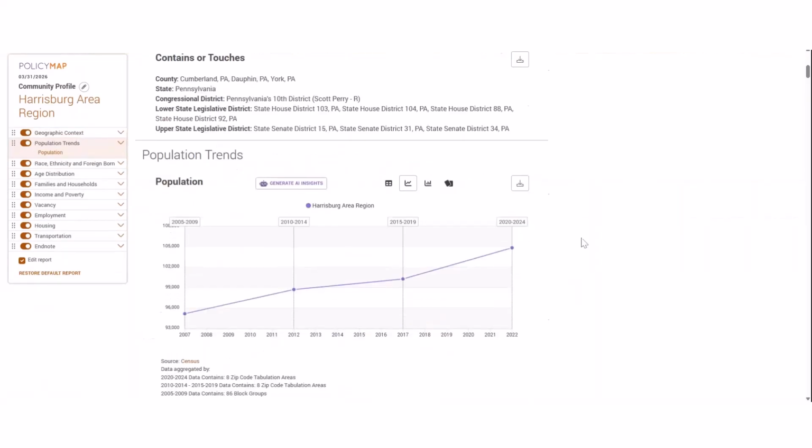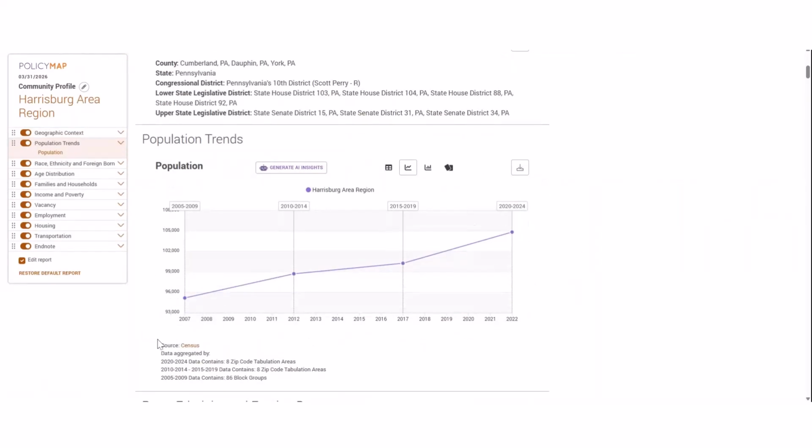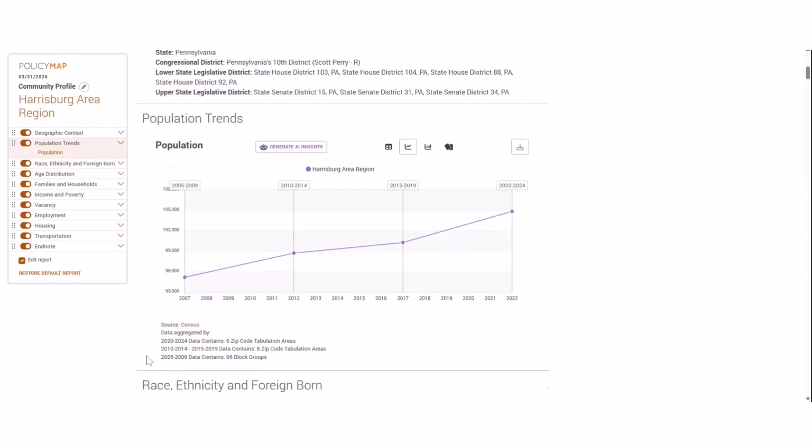When you look under any of these modules, you'll see that it's aggregating data, and it gives you a breakout by the time period it's using. For the 2020-2024 estimates, it's using the 8 zip code areas. For these timeframes, it's using zip code areas. For the older timeframe, it's using block group areas. And so typically we have different rules around